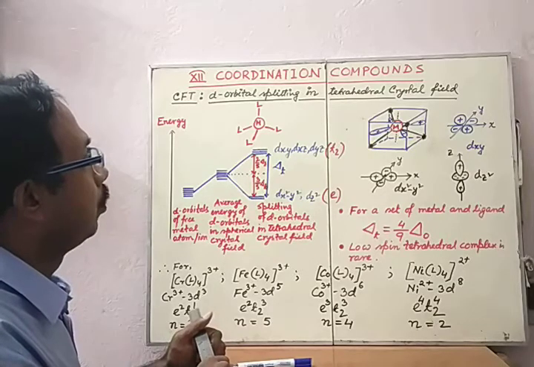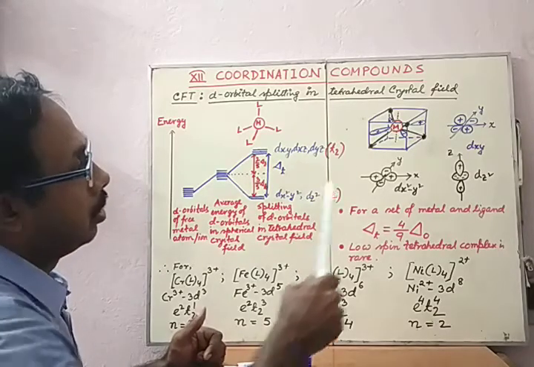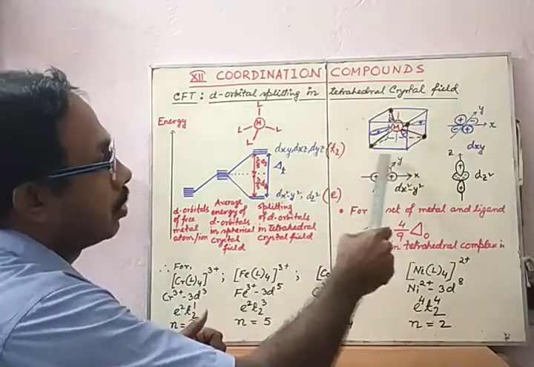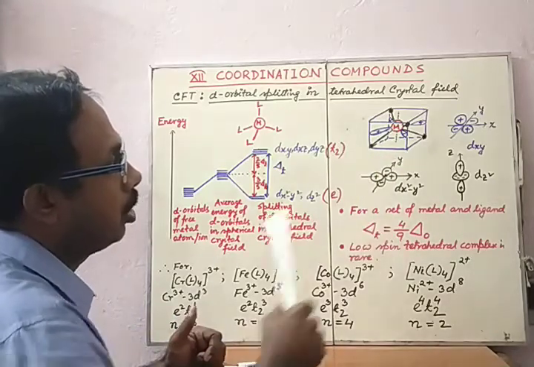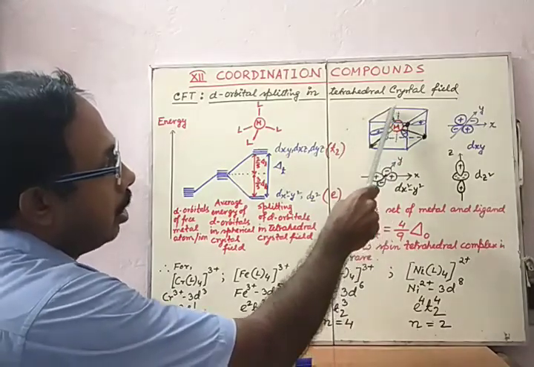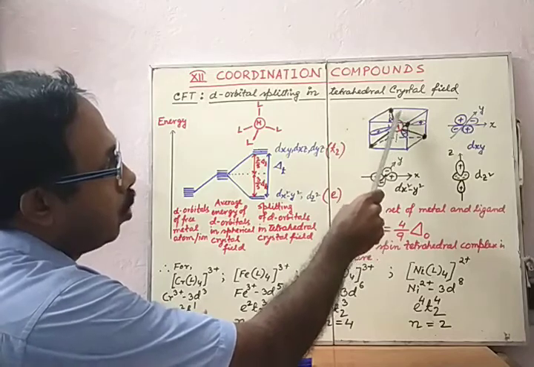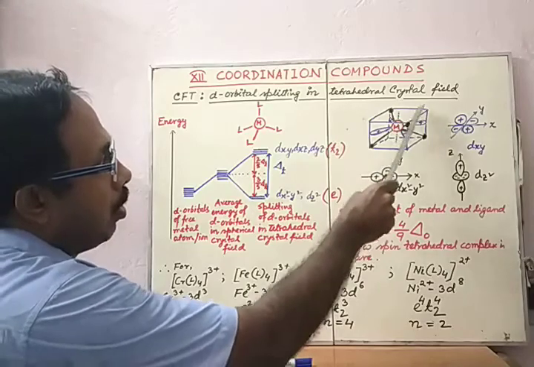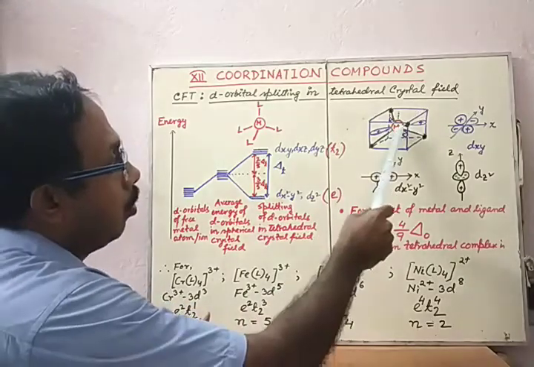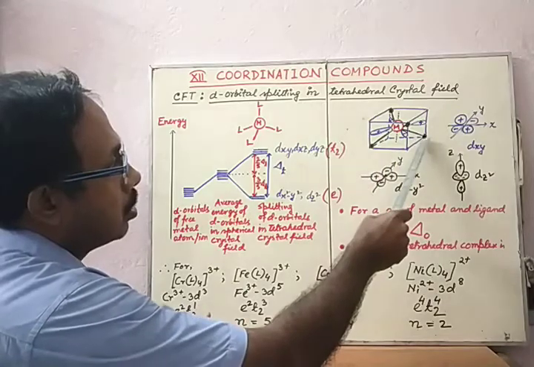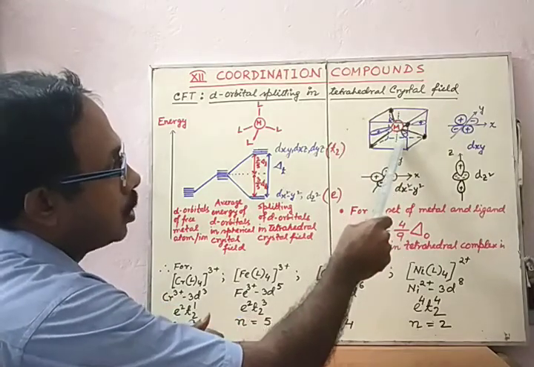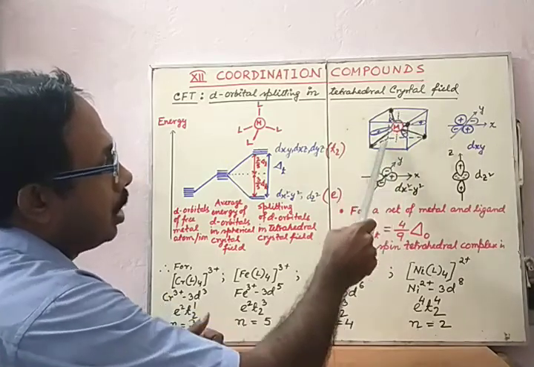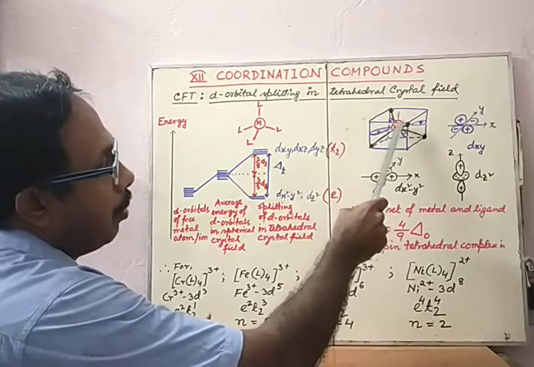And here we can see that the d orbitals and the ligands are placed in this tetrahedral geometry. Say this is the metal and the ligands are coming. These two are the ligands from the corners of a particular plane of this cube. Now the other two ligands should come from the opposite plane and from the opposite corner also. So these are the 4 ligands placed around the metal.